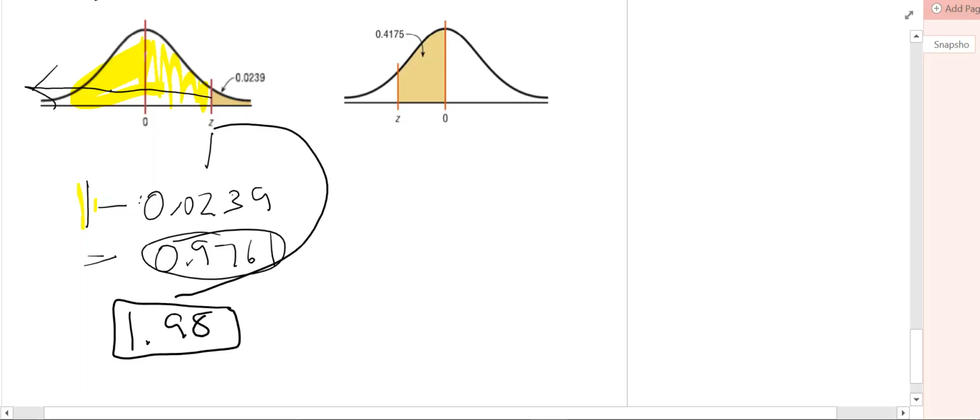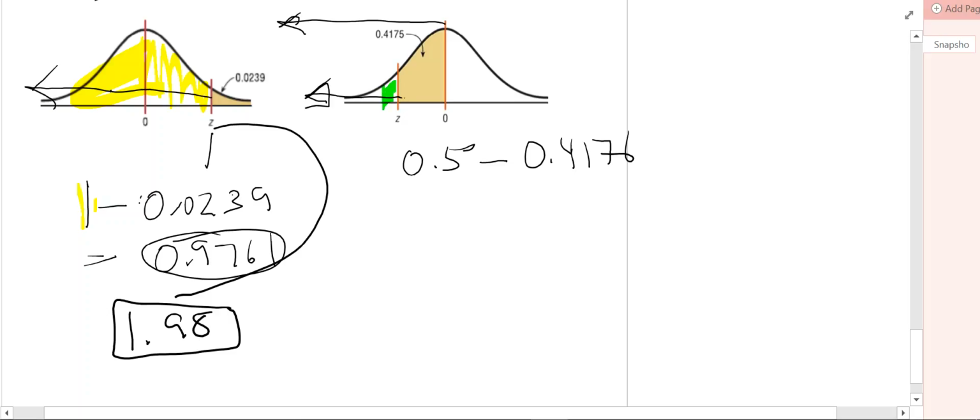Finally, the last one, right? Well, once again, I want this area. I have to think about it. The table is going to give me this number. The table will give me this number, right? But I know the area below 0 is 0.5. So the area below 0 is 0.5. If I subtract off 0.4176, I'm going to get the area that I'm looking for here in green. In other words, this is going to be equal to, if you subtract